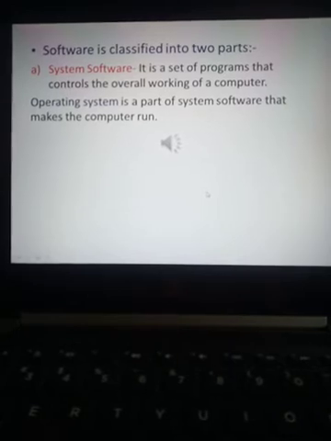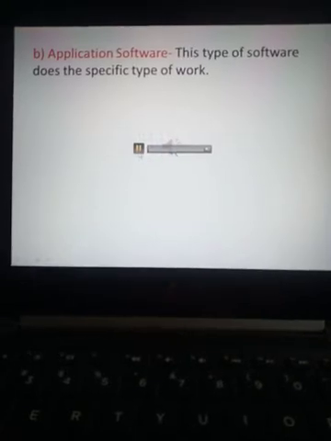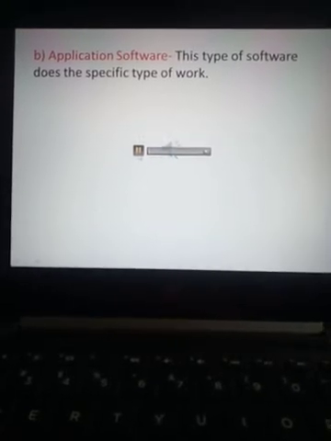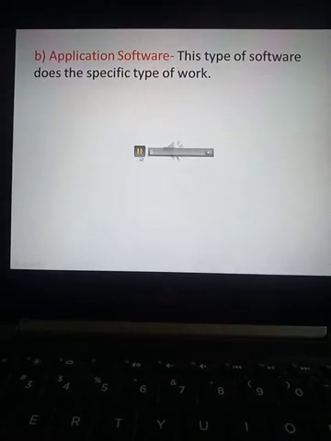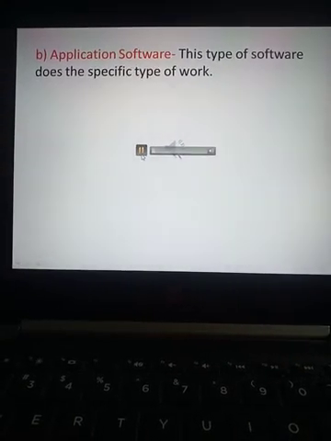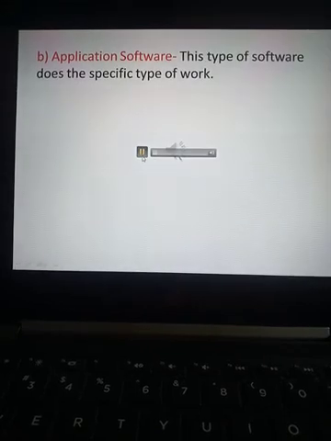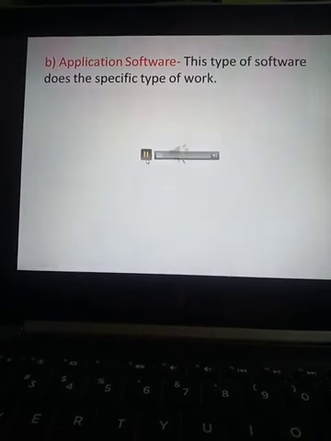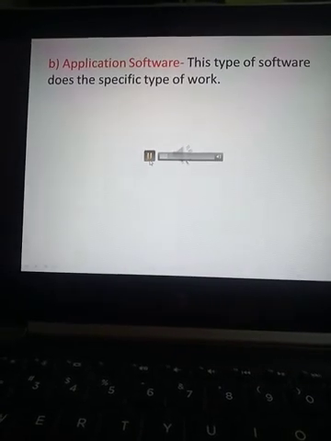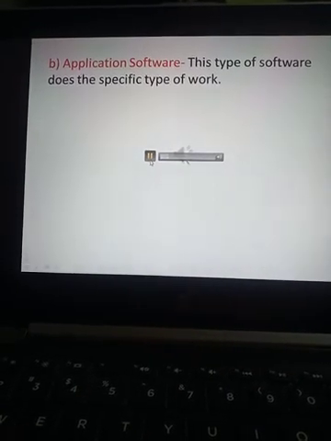Now come to the next slide. The first part of software is system software, which is responsible for the overall working of a computer. The second is application software, which is responsible for a specific type of work, like WhatsApp.